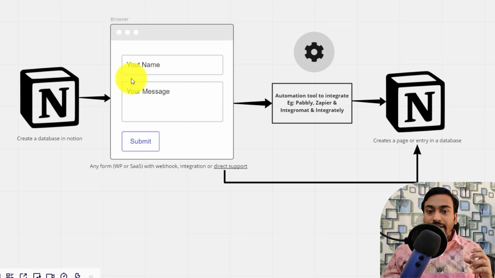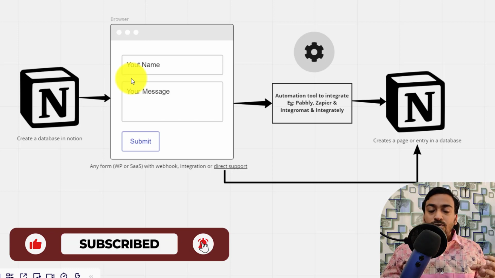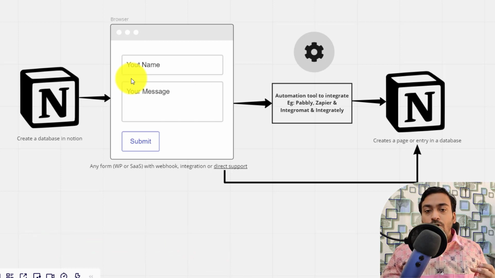Webhook is kind of a technical term, but if you are a beginner or non-techie guy, all you need to understand is webhook is sort of like a medium where once a form event is completed, if we enabled webhook, it will send those responses which are captured to that particular URL. Simple as that. So we need a webhook URL, but we can eliminate this in case the form or plugin you are using has direct integration to Notion. But most of the time you won't be able to find a direct integration supporting your Notion app.